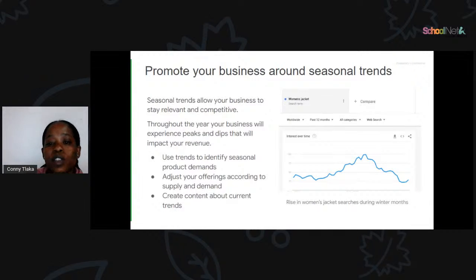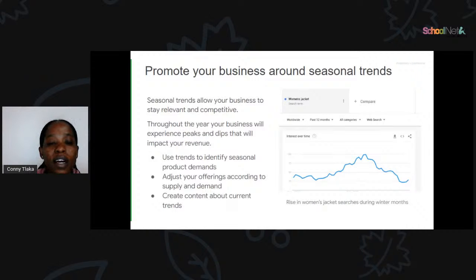Anika might use Google Trends to identify a seasonal trend in types of clothing, and also create content about a current trend or adjust to demand. For a woman's jacket, you can see a rise in need in winter months.